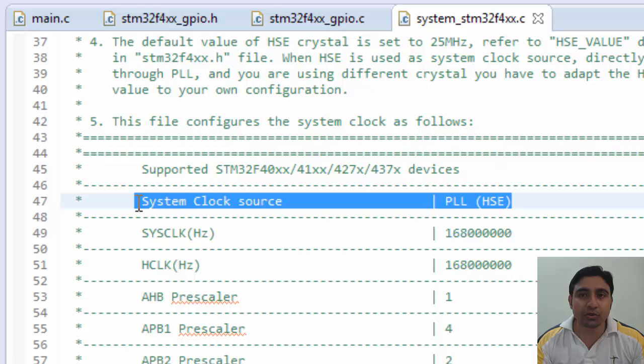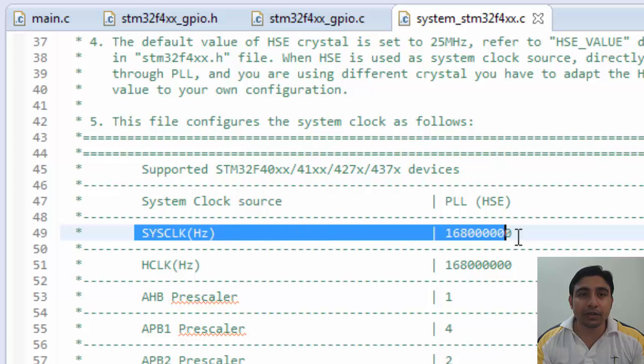Now, as I showed you before, PLL is a way of changing the frequency. So if you have an 8 MHz crystal, then you can directly give the 8 MHz crystal to the microcontroller, or you can use the PLL so that you can convert the 8 MHz to some other frequency. Here the PLL option is used. So if you see this second line, system clock 168 MHz.